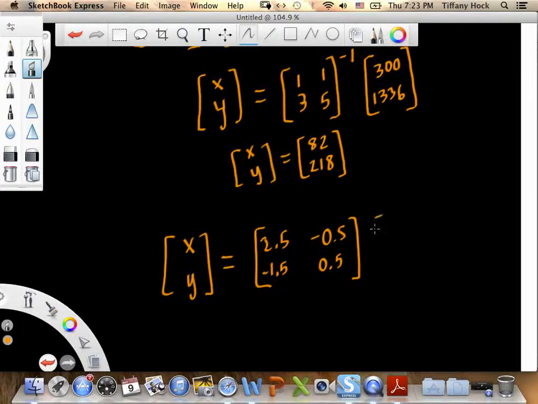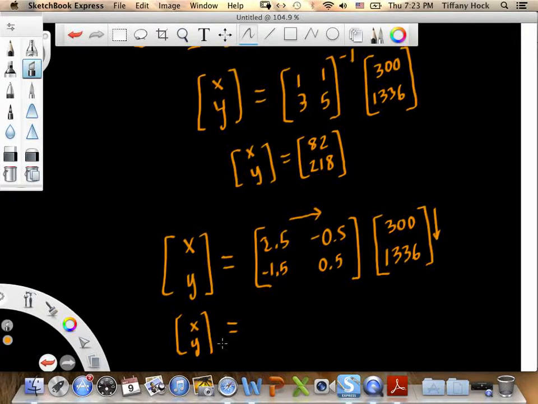So I don't need to take the inverse. Now I'm just actually multiplying this times the solutions we had from earlier, 300 and 1,336. So if you remember how matrix multiplication works, you multiply across a row and down a column of the second matrix. So what that means is I need to multiply 2.5 times 300. So my x and y value will equal the first number in the first row times the first number in this first column. There's only one column here. So 2.5 times 300. And to that, we're going to add